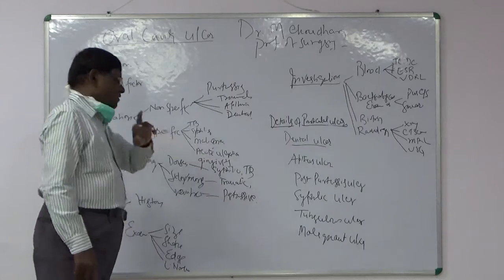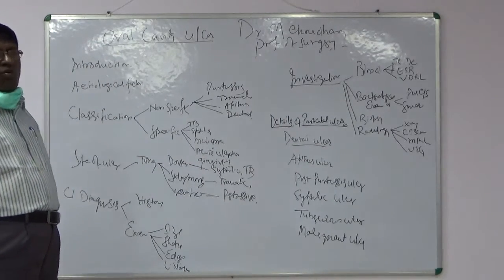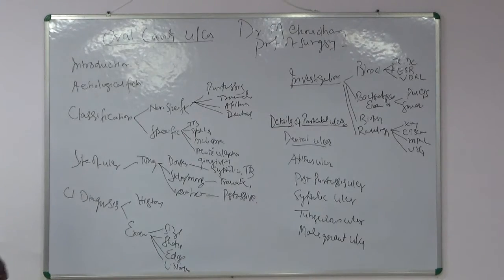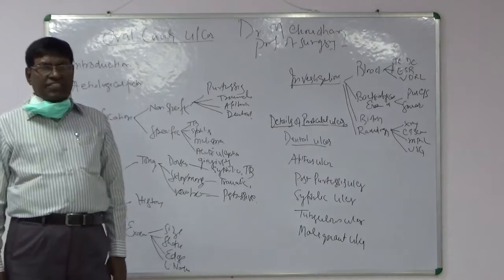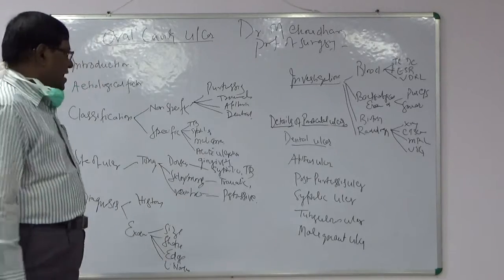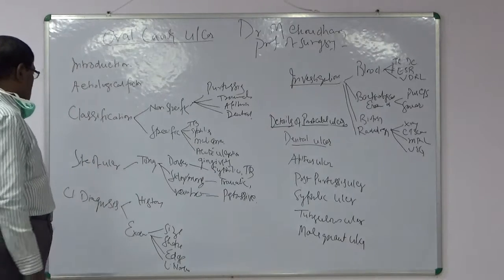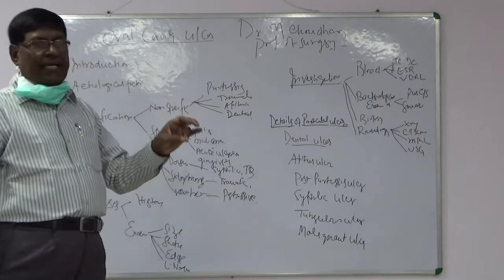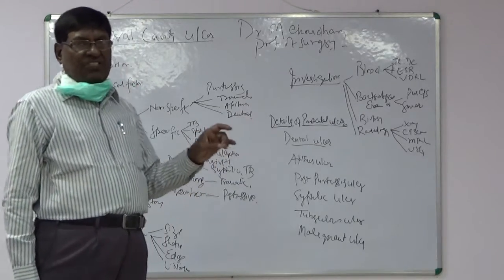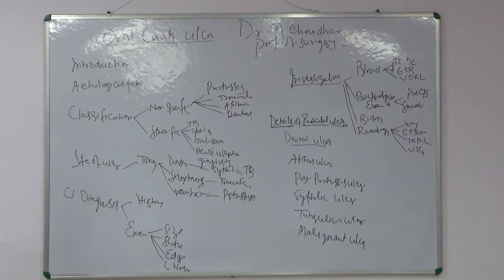Malignancy is another specific ulcer that affects the buccal mucosa or lip or tongue or even any part of the mucous membrane, and acute ulceration occurs in many organic diseases in our body, and so these are the specific ulcers. This is the classification. Now come to the site of the ulcer.